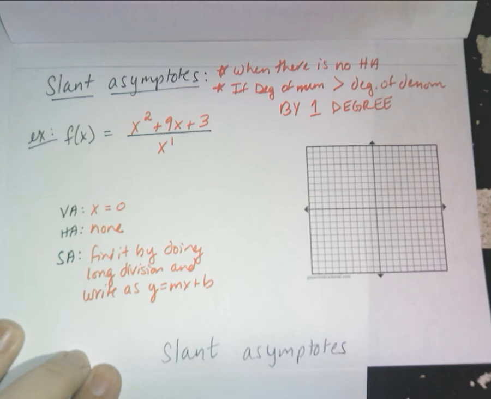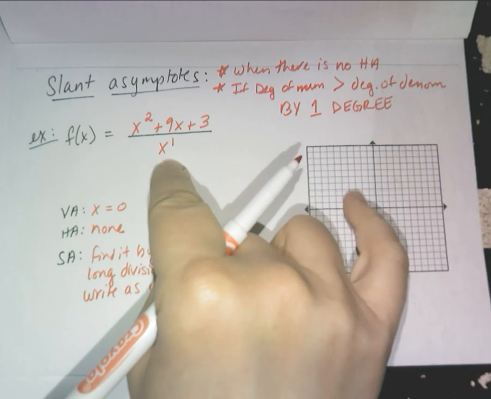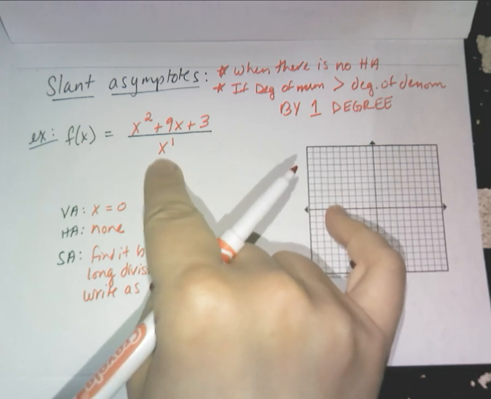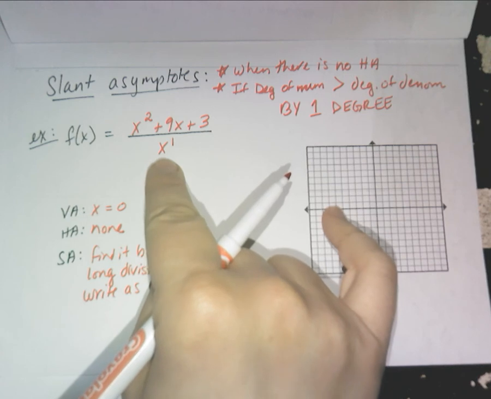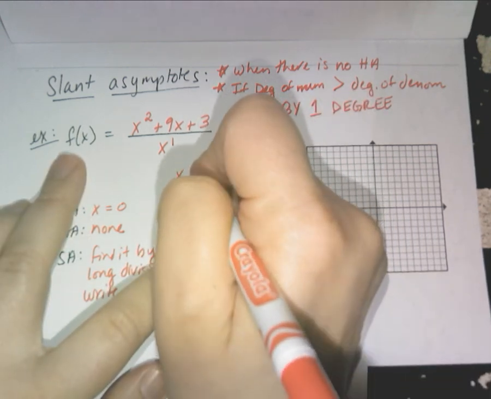So I know you don't like long division, but you have to do it for this one because the denominator won't always be x or x minus 3, and you're like, oh, we can just do synthetic division. You could, but if it's x squared plus 5x plus 7, you have to do long division. So just to refresh on how to do long division,